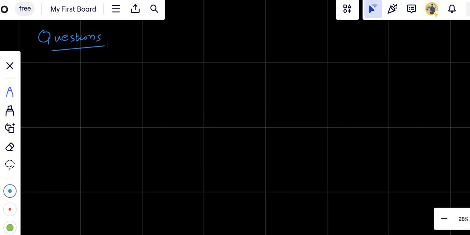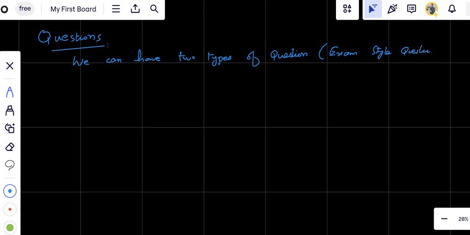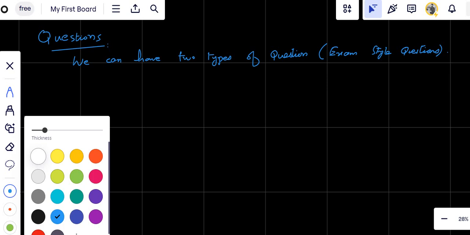In Pythagoras theorem, we can have two types of questions. Like, in exam style questions. So type 1 is,